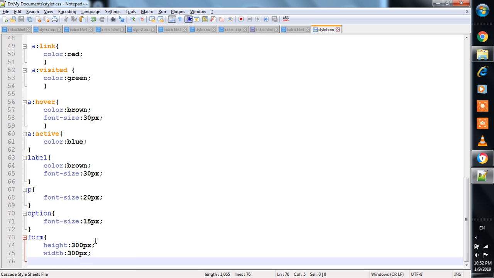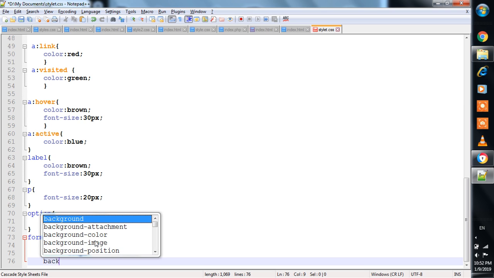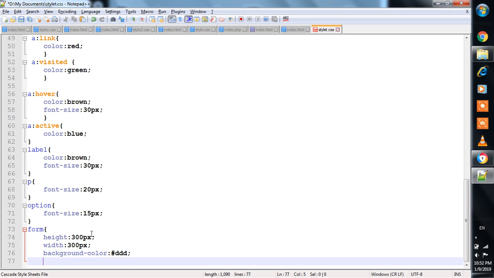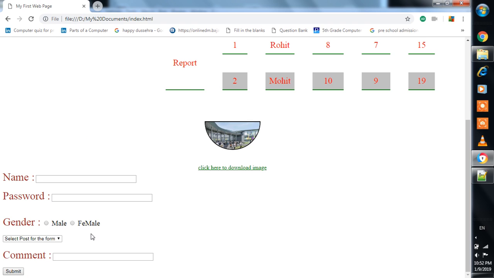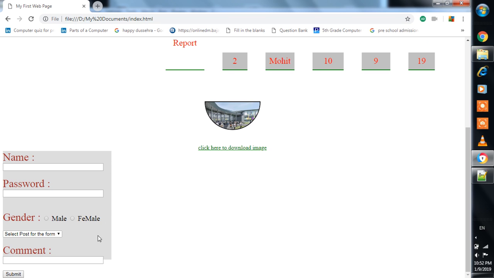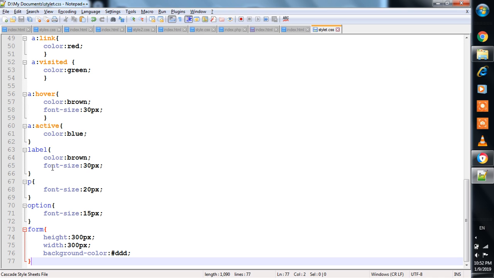What we can do next, background color, suppose #DDD, Control S, Alt Tab, refresh. Okay, so this way it is working, and this text area is in the next line, just because we have mentioned the height and width here, so